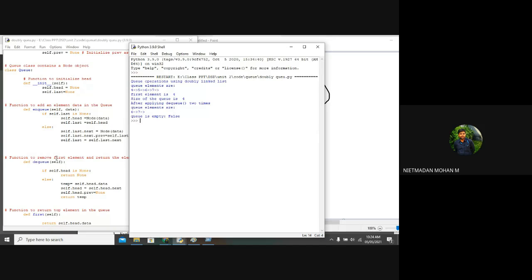In the queue and the stack, the adding and removing functions will be there. So no need to worry about those add and remove functions. Removing an element in the middle of the queue or the stack, we will discuss in the sorting methodology in the third unit, where we discuss the sorting methods. There we can identify and insert an element in a sorted list or delete an element from a sorted list.